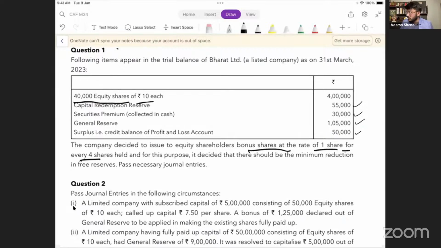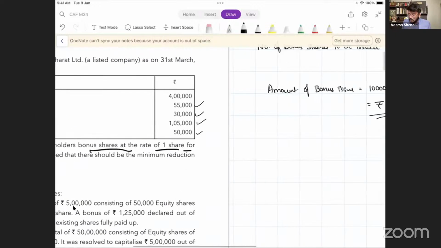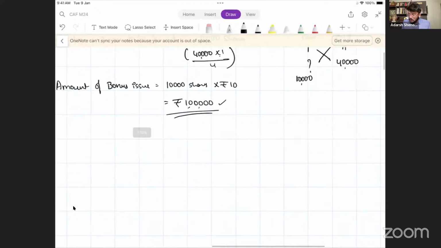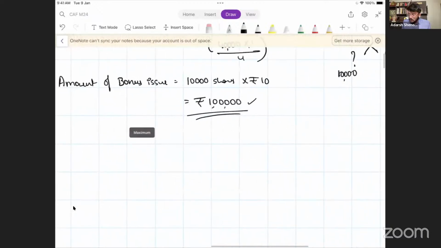Now, which one am I going to give the first priority? CRR. So how much money do I need from the reserves? Like total 1 lakh. CRR does not have 1 lakh. CRR has only 55,000. So on your calculator,